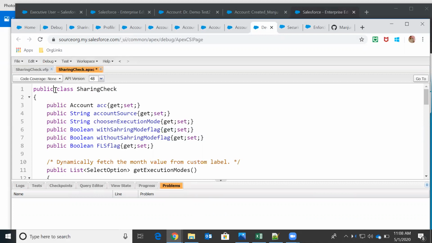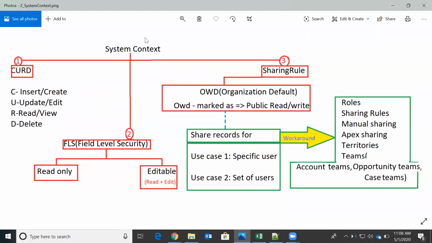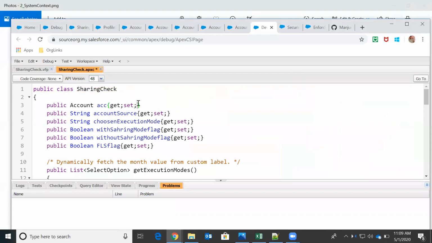Okay, that's fine. If I am writing public class name like this, then this is considered system context. In this system context, all these three concepts will come into the picture. Now we will just save this class. In this class, what I am trying to do is